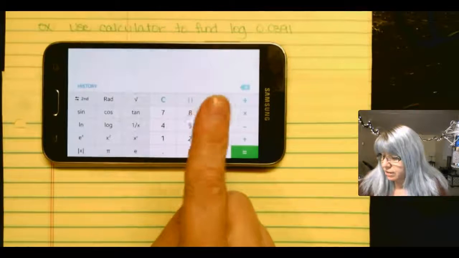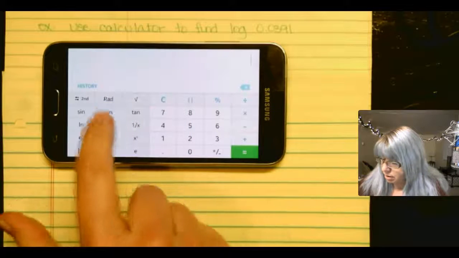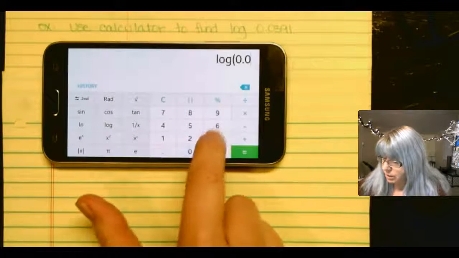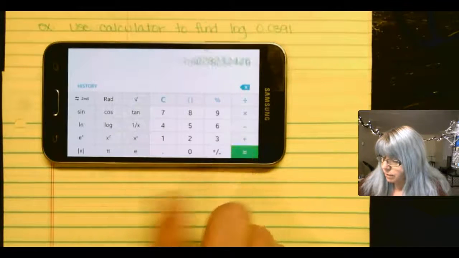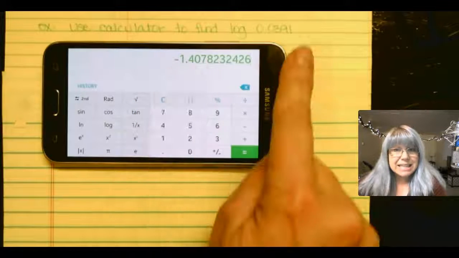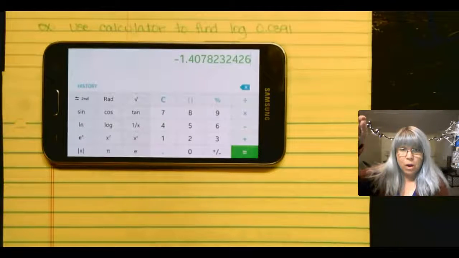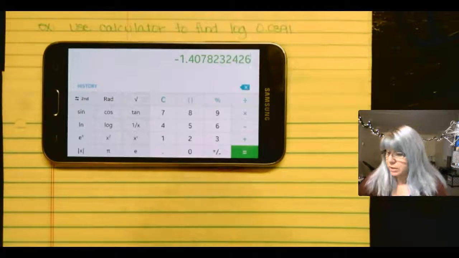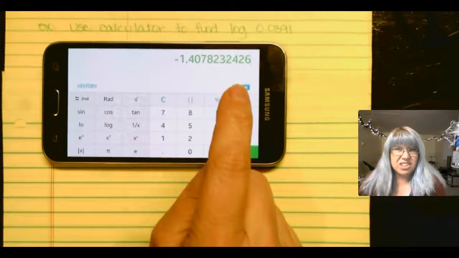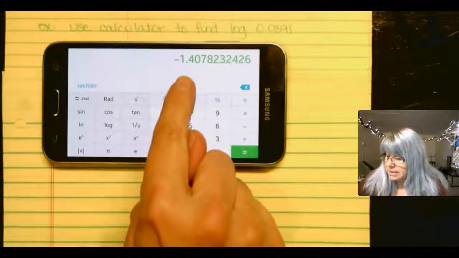Let's use our calculator to find the log of 0.0391. In this case, our characteristic is -1. Because it's a decimal, remember, the power is a -1 because I'm a decimal. So the characteristic is a negative number. Therefore, we're taking the log of a decimal. And then the mantissa is